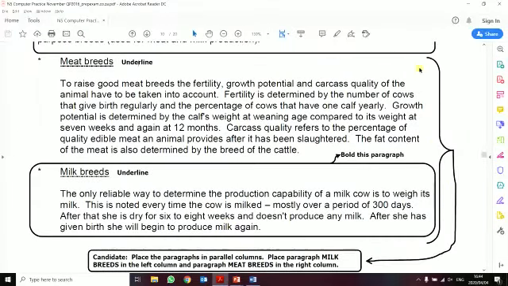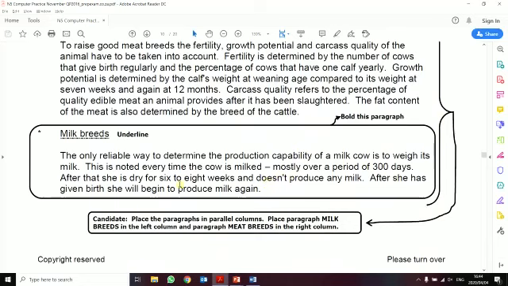Now let's look at the instruction that applies to both paragraphs. This is another twist. I know we are familiar with the concepts of columns, but this one they've just added a little bit of a twist. They said, candidate, place the paragraphs in parallel columns. Place the paragraph on milk breeds, which means the second paragraph, in the left column,